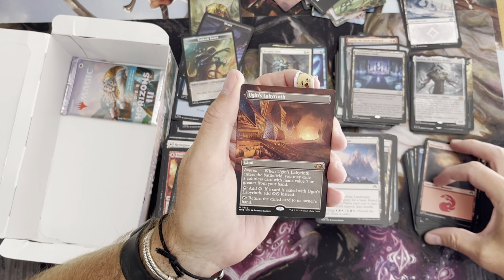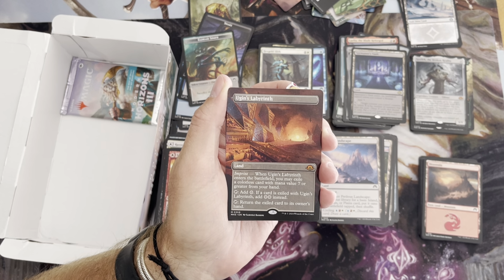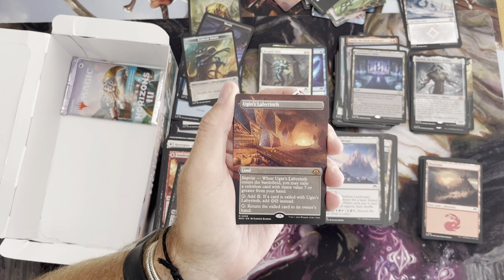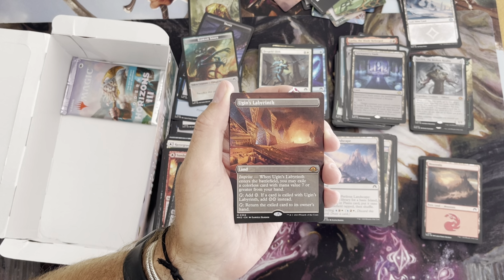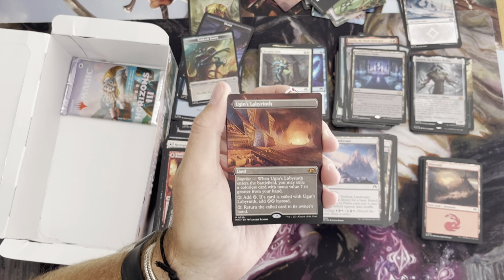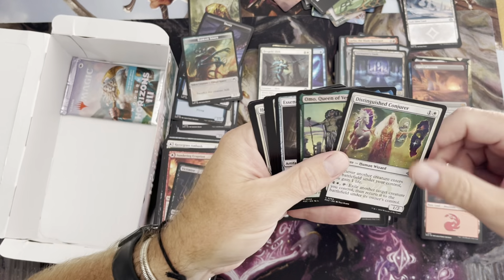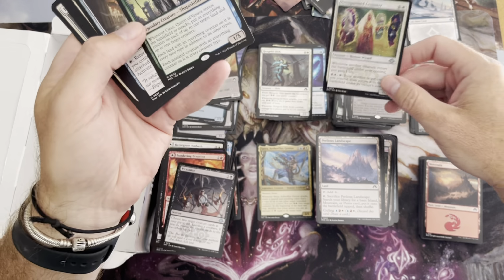Imprint. When it enters the battlefield, you may exile a colorless card with mana value 7 or greater from your hand. Tap and add 2 colorless. If a card was exiled with Ugin's Labyrinth, add 2. So kind of a new Ancient Tomb. And then return it to your hand. Like, yeah, I mean, hold on to those. It's a new Ancient Tomb. Like, ooh, and we got an Omo. So